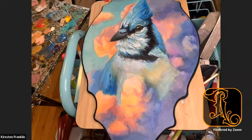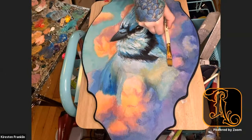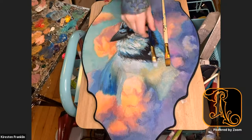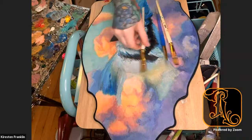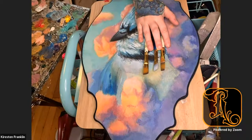All right. So sorry about that, guys. So these are the 3 brushes that I worked with here. We got a super flat brush, and then we got kind of like an angular flat brush, and another angular flat brush, just a little bit bigger. So these 3,